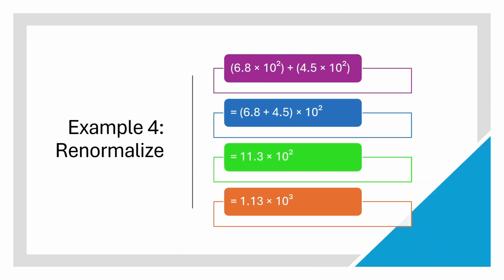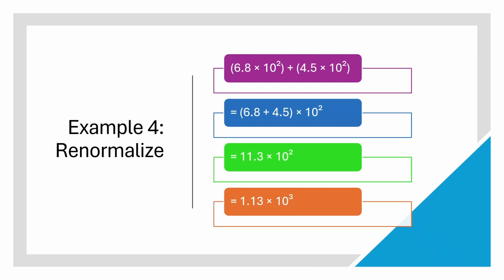Now we have example number 4, in which we renormalize the answer before we arrive at the final answer. The given is 6.8 times 10 to the 2 plus 4.5 times 10 to the 2. Since they have the same exponent and base, we're just going to add the coefficients, 6.8 and 4.5. So we have 11.3 times 10 to